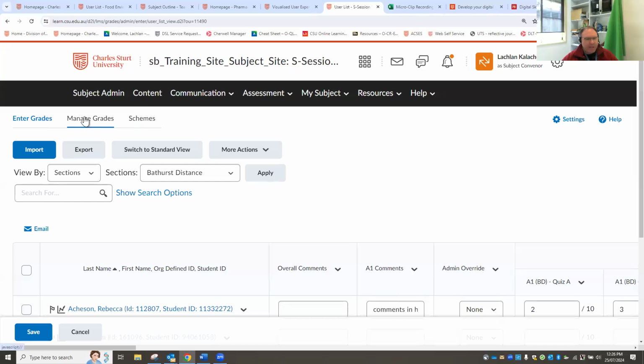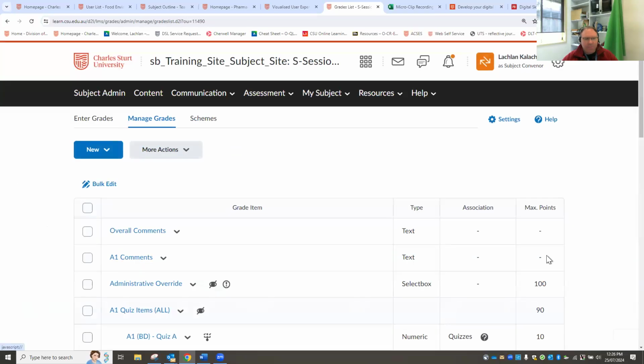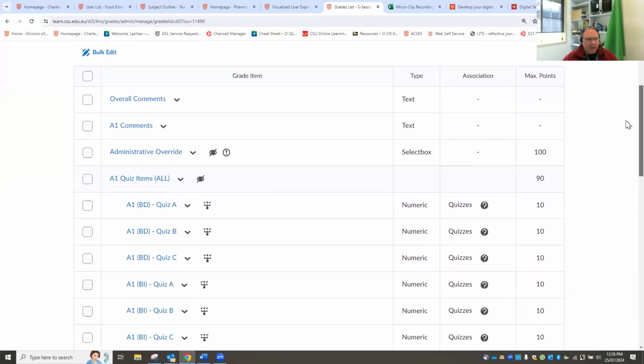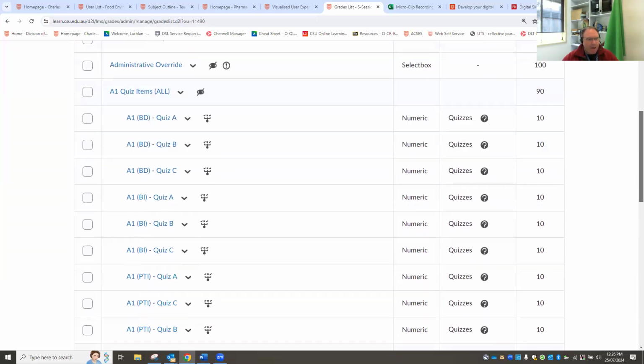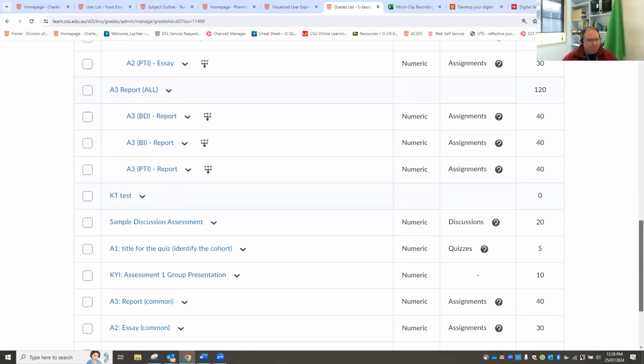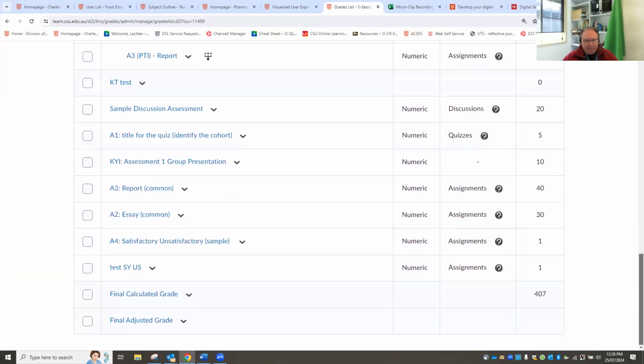and switch to the Manage Grades view. I have a lot of columns in here, so don't be thrown by that. Essentially, what I wanted to point out is some of these tasks. I'm looking for a satisfactory, unsatisfactory example. For example, when you have a satisfactory, unsatisfactory task in a scored subject, you don't want it contributing to the final calculated grade, which means that you need to adjust the column